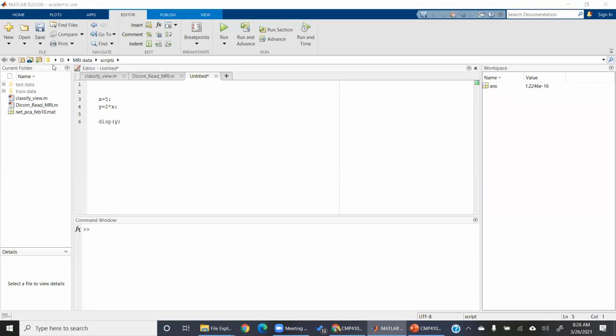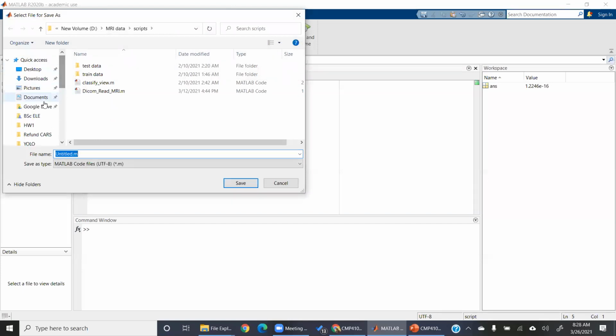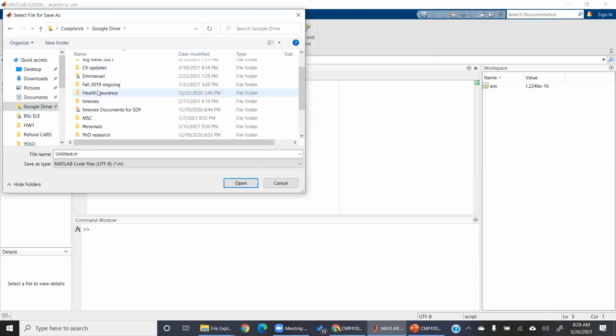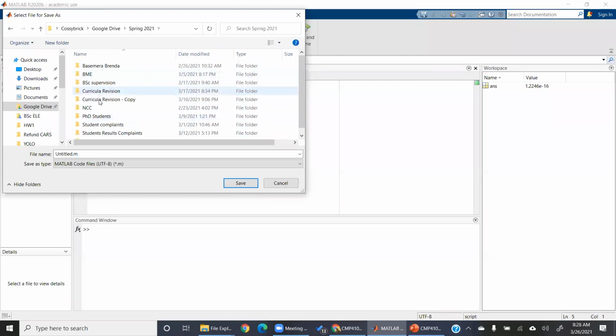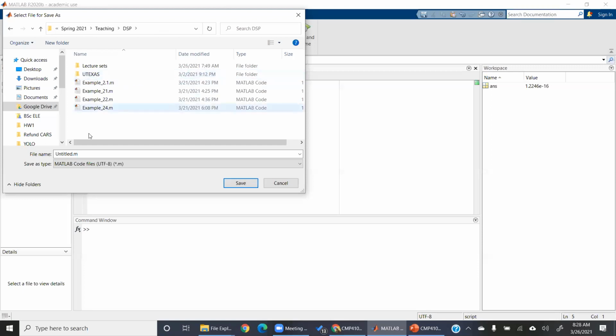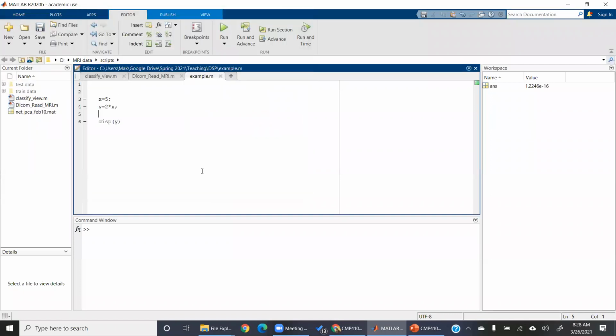Let me just save as. You have to choose your location carefully because that becomes your working folder. And we'll see the implication of that in a very short time. Okay, so there we go. So I've saved my script as